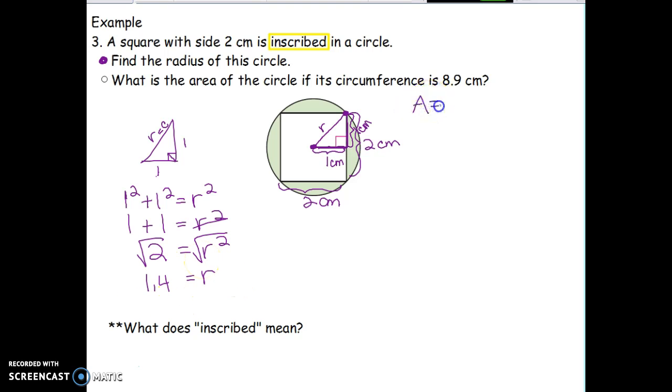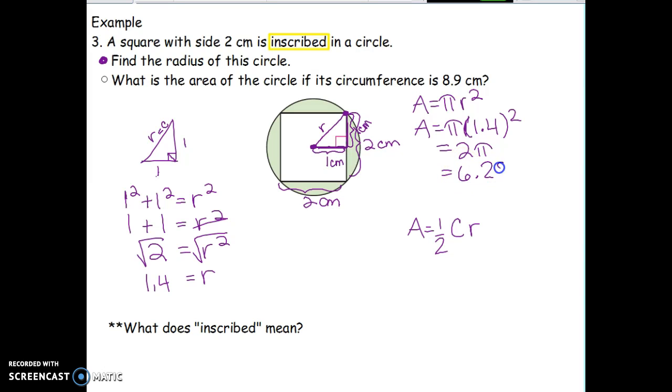We can use either the pi r squared formula, or we can use the 1/2 circumference times the radius. So if we do A is equal to pi times r squared, that would be 1.4 squared. Sorry, that's terrible. 1.4 squared. So that would be 2 pi, which is approximately 6.28